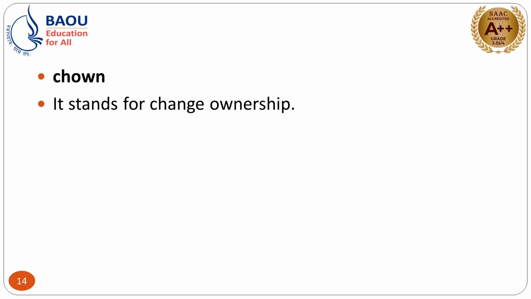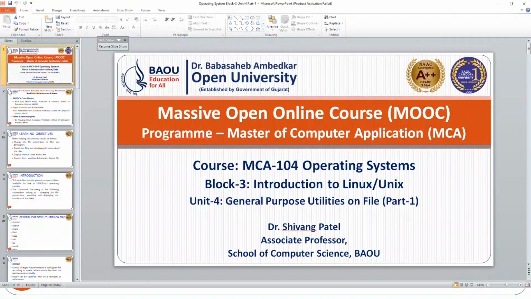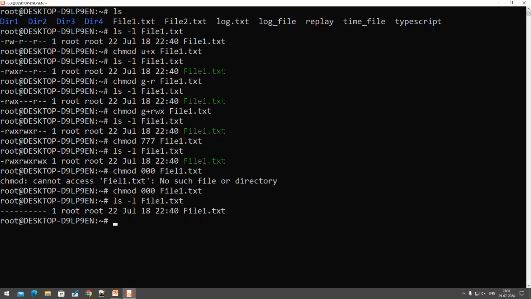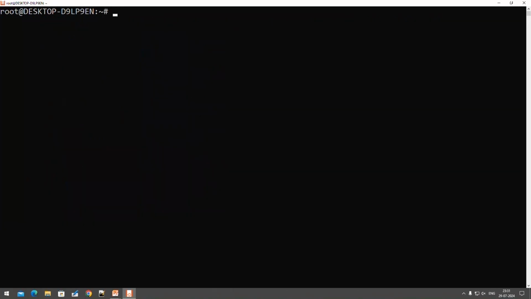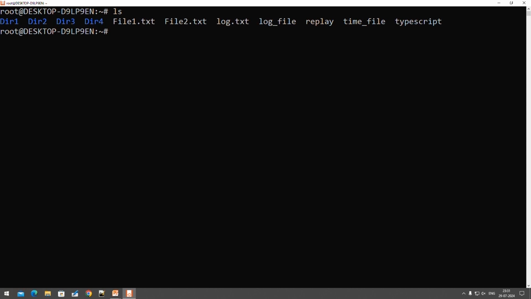Now the next command is the chown command. Own, that is owner. Suppose you want to change the owner of a particular file, in that case you can use the chown command. You can see here how you can see the owner. First of all I am clearing the screen. Now ls, I would like to check how many files or directories are there in the current directory. Now using ls -l,